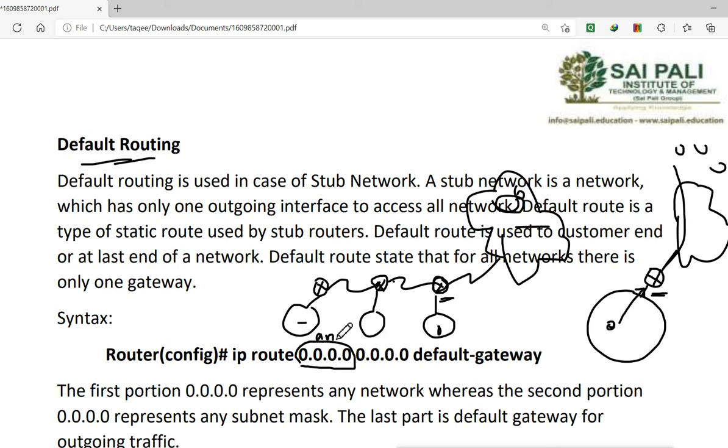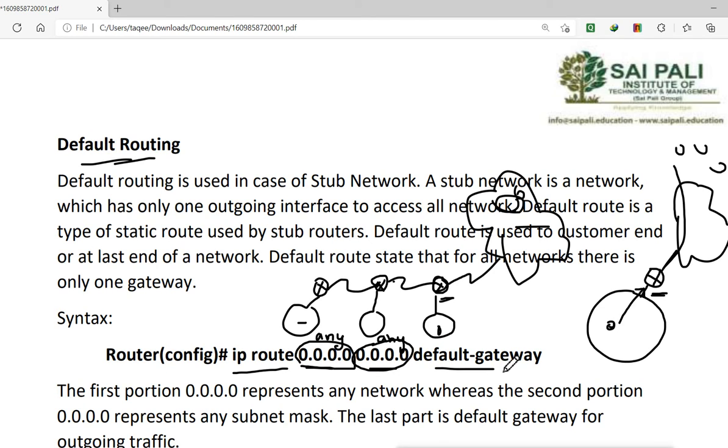That means we are saying to this router that if you want to go to any other network or any subnet mask, the subnet mask will also be given as 0.0.0.0. So I am adding a route into the routing table of this router saying that for any network of any subnet mask, you can go from this gateway.